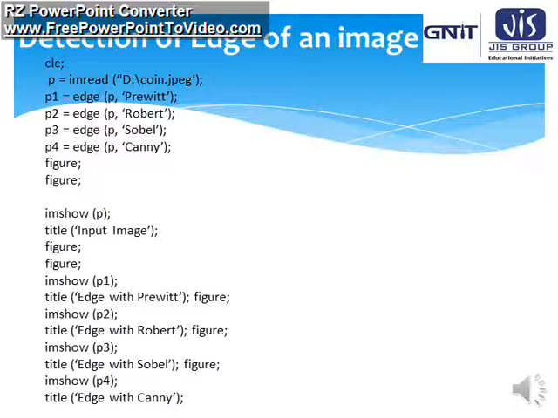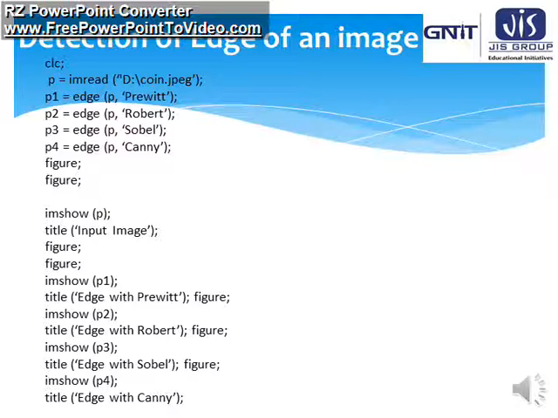We should now use the function known as edge. Edge is the function by which we will find all the edges. But which method we should use will be mentioned as either Prewitt, Roberts, Sobel or Canny.